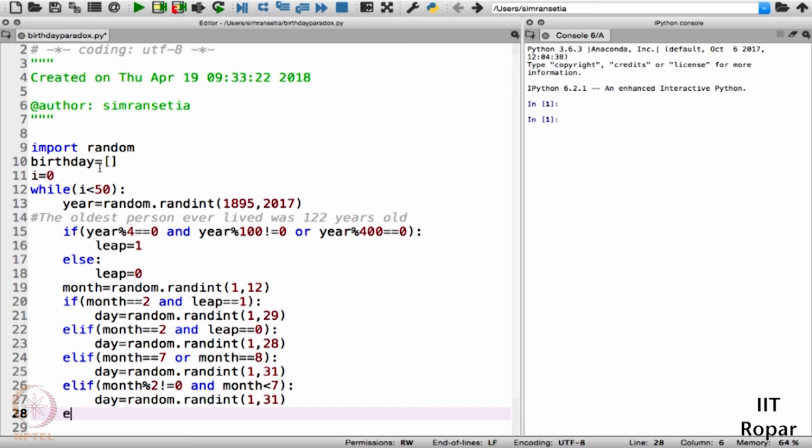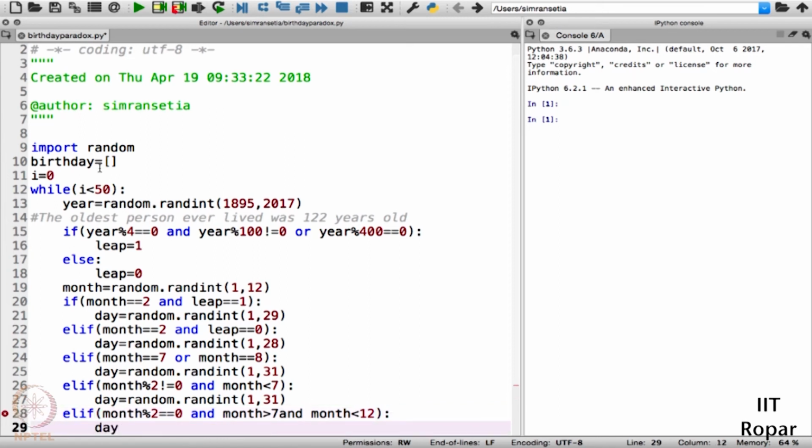Next condition, if it is greater than 7, that is the next condition. For that, the given month will be an even numbered month. Month %2 is equal to 0, and month is greater than 7 and it is less than 12 too.